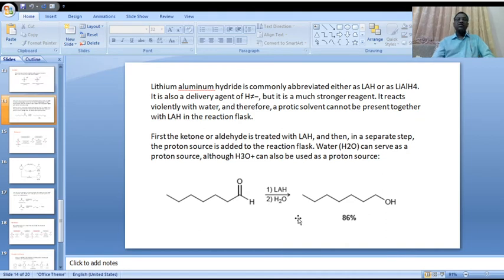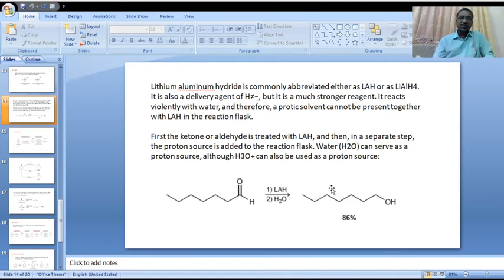Hydronium ion. Here please observe, this is the normal chain and at the terminal carbon, the functional group is the aldehydic functional group. In presence of LAH, the reaction proceeds, and on hydrolysis we will get a good yield of monohydric alcohol. Monohydric alcohol, 86%